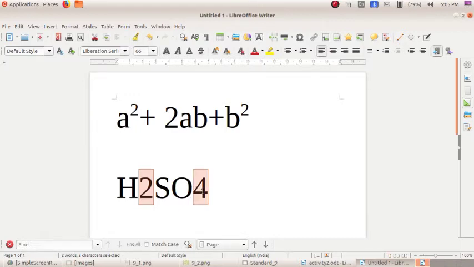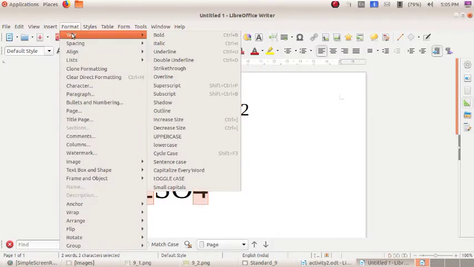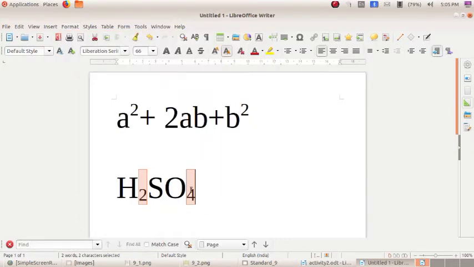Now both 2 and 4 are selected. Now go to format and either go to text or character. Now I am going with text option. Here superscript or subscript? Subscript. Okay. See? Now you can read it as H2SO4. So you want to just keep it in your mind.